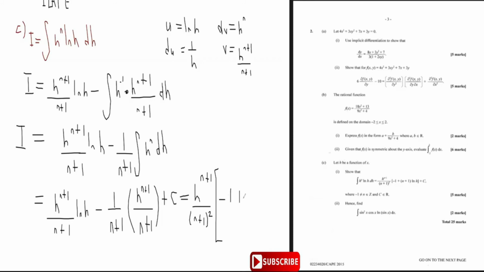Plus, when you factor out this from this part, you're going to be left with ln h, but then times n plus 1. So you're left with n plus 1 times ln h. You close that bracket, and then you put back your plus constant, your plus c. All right, so we're showing it. Nice and easy, and we use integration by parts. Nice and easy,